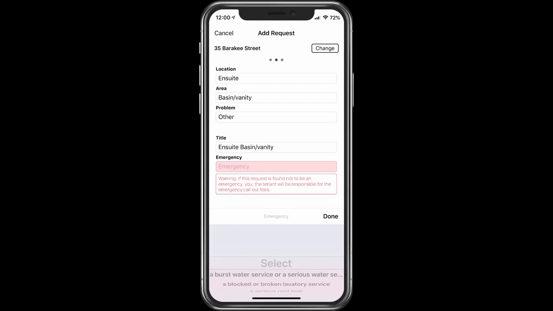Emergency repairs are clearly defined in your lease agreement and also in the legislation. It gives you some examples here. If it doesn't fall under one of these items, it's not an emergency repair. So a burst water service or serious water service leak, a blocked or broken lavatory system, a serious roof leak, a gas leak, a dangerous electrical fault, flooding or serious flood damage, serious storm, fire or impact damage, a failure or breakdown of the gas, electrical